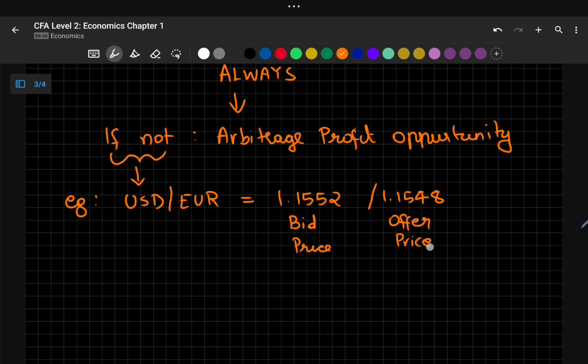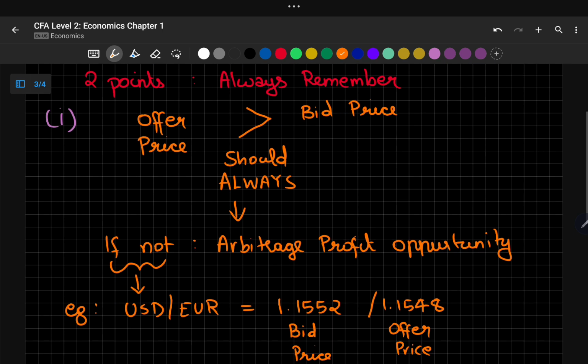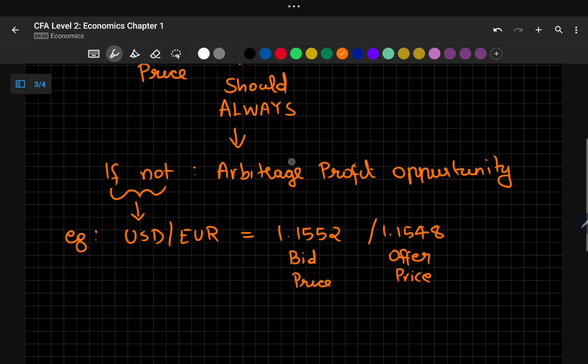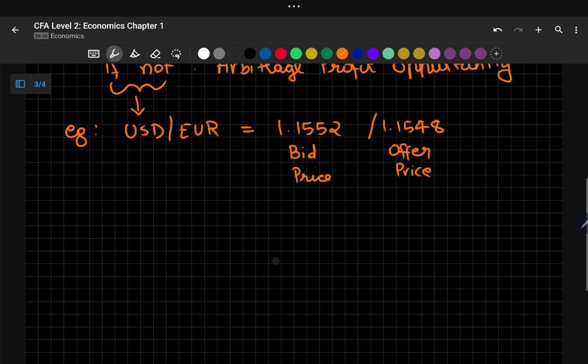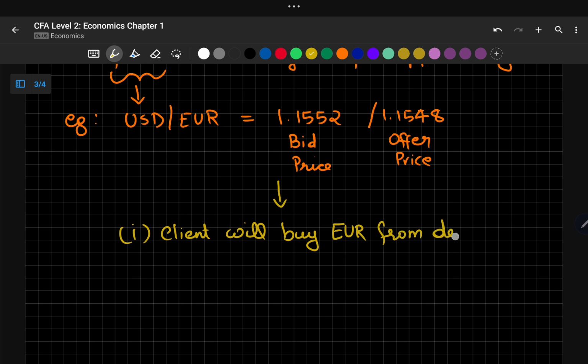So this is in contradiction. This is not following the offer price greater than bid price concept. So what will happen? Just pause for a moment and think. In this case, what will happen is that the client will buy euro from the dealer at the offer price, that is USD